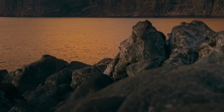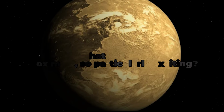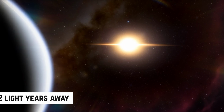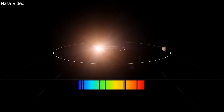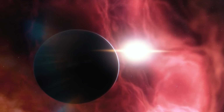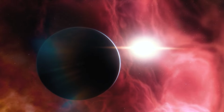We know of nearly 6,000 such planets plus another 10,000 planet candidates. So what makes Proxima b so particularly exciting? First off, Proxima b is roughly 4.2 light-years away, orbiting its red dwarf host star Proxima Centauri, the closest star to the Sun. This close proximity allows astronomers to study it in ways that are simply impossible with more distant